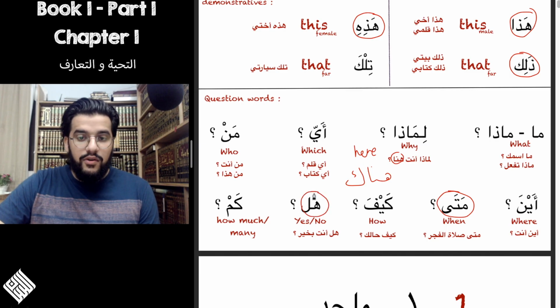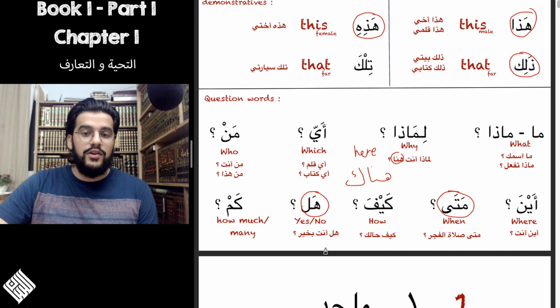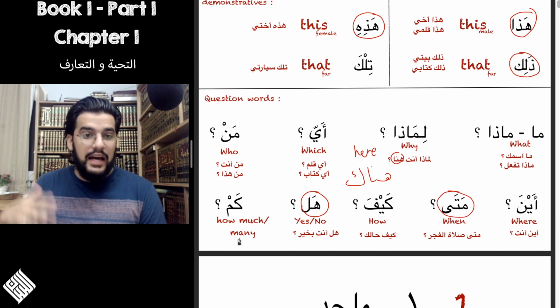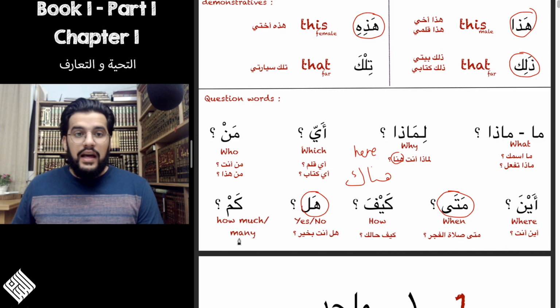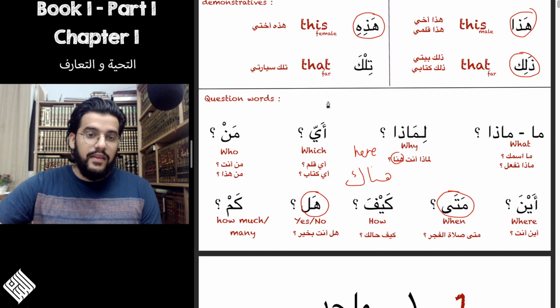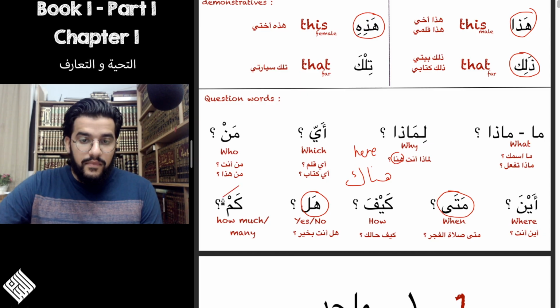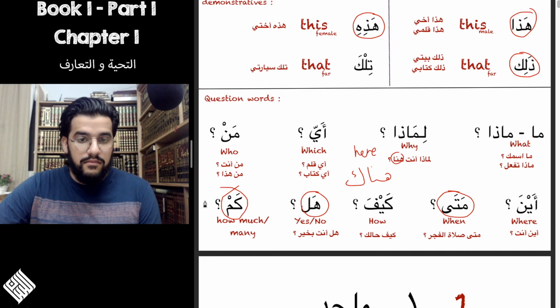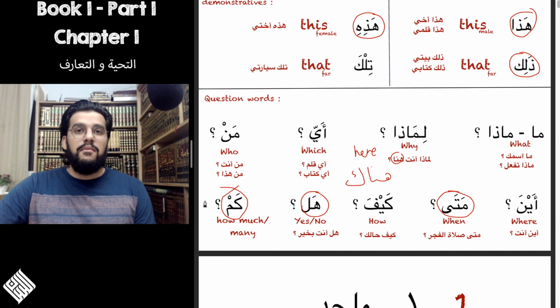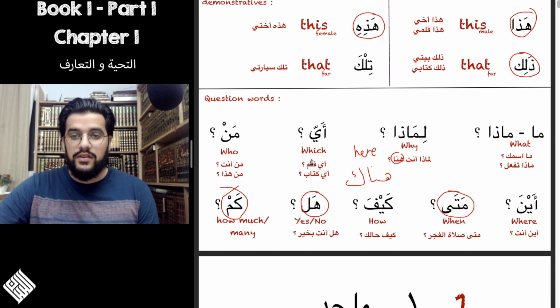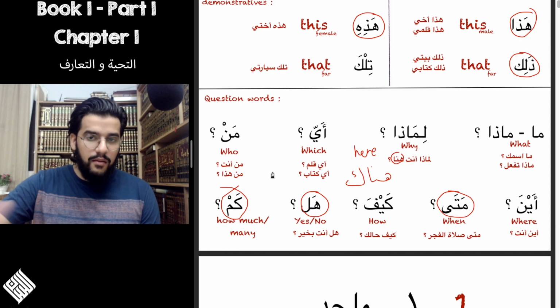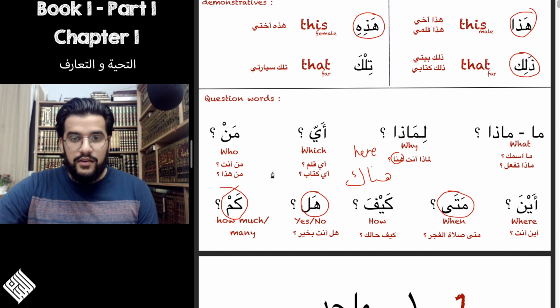هل, as we said before, it's a word that's used to ask a yes or no question. So the answer would always be نعم or لا. هل أنت بخير? نعم. هل أنت مصري؟ نعم. هل أنت في لندن؟ لا. And so on. كم, the last word for today, means how much or how many. So I can say, for example, كم قلما لديك, which means how many pens do you have, and so on. These are very important words that you need to learn as well. Of course, we will come across these words again and again throughout the book.